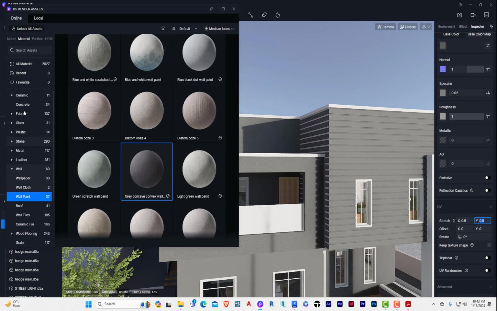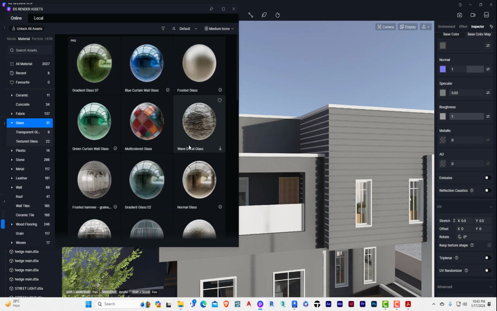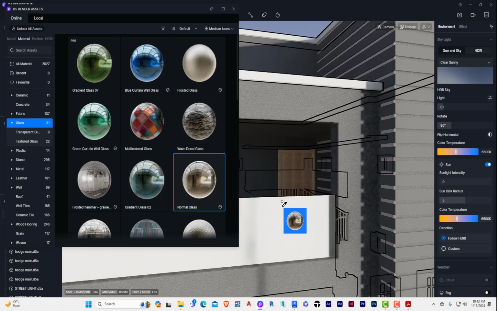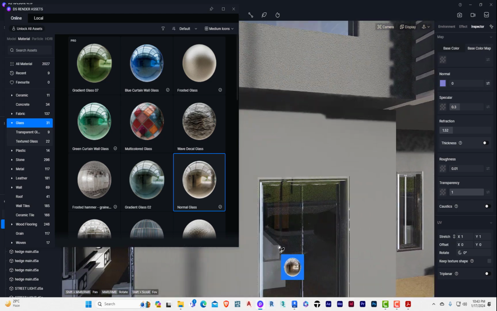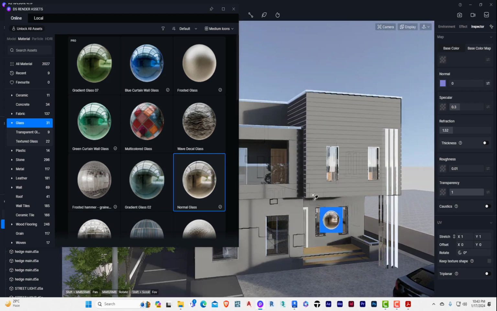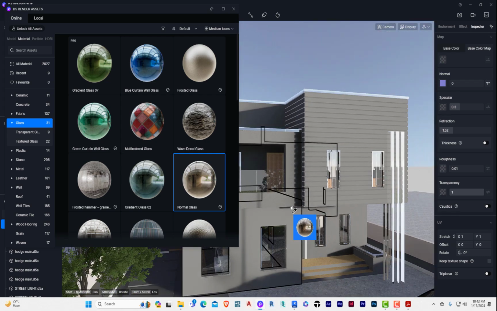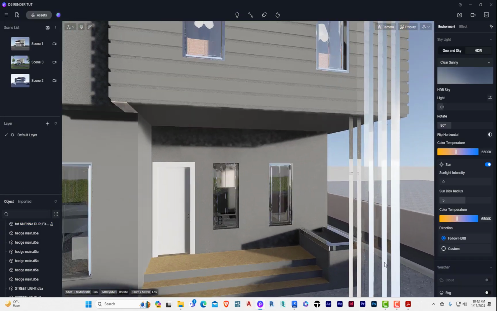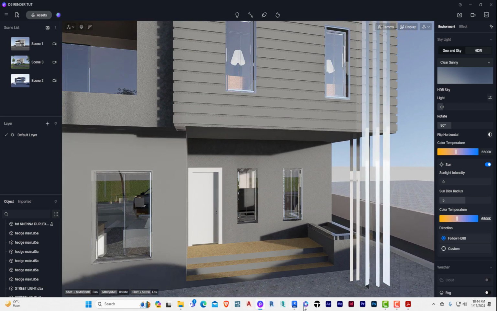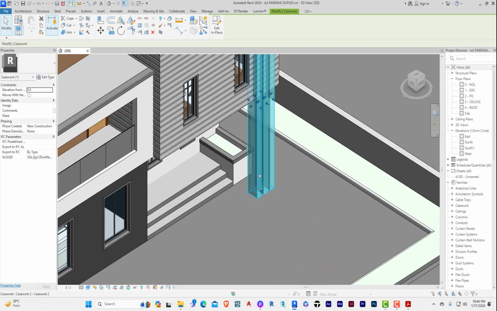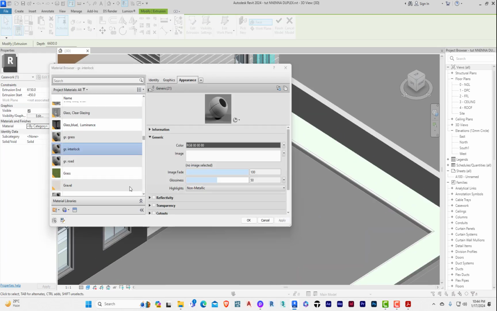Alright, now let's come to glass. Normal glass for this handrail and for the windows. Okay, now there's a problem. You see this? Now that's from the Revit file. That's why it's good to model with materials. When modeling, make sure you name all your materials and you arrange them properly, so you don't have that conflict